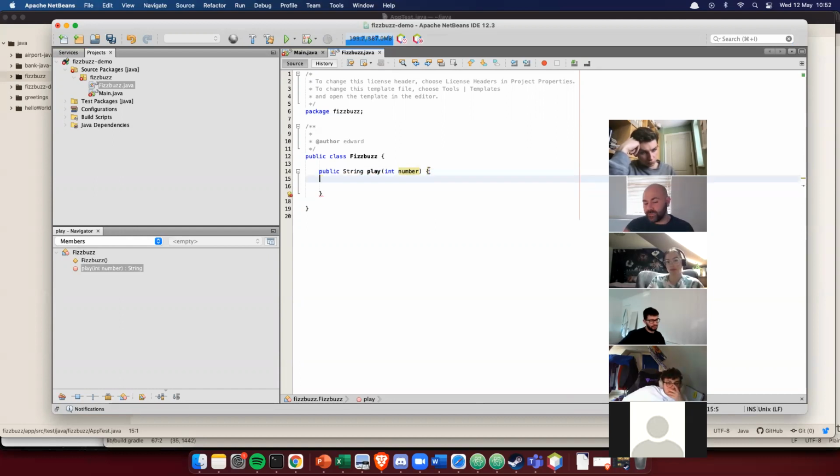And this is where you put the classic if statement. If number is divisible by 15, let's do a very simple implementation of this. If the number is divisible by 5, we all did this yesterday, so